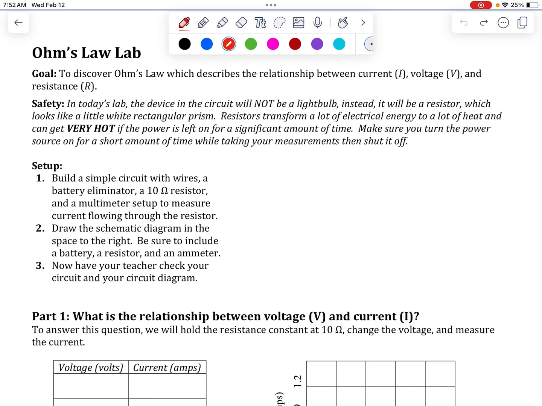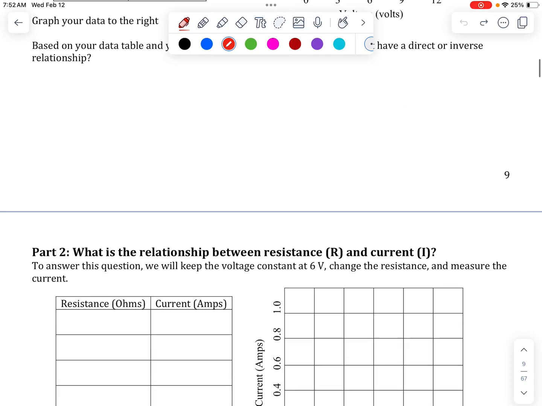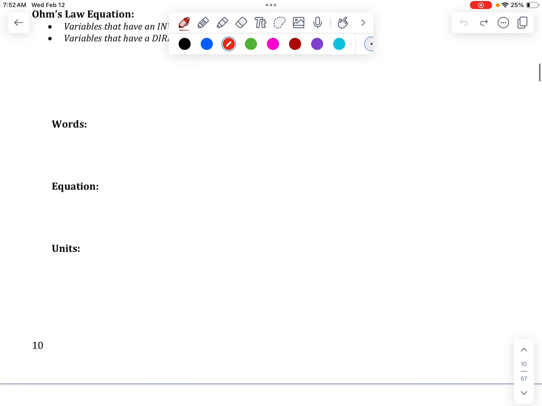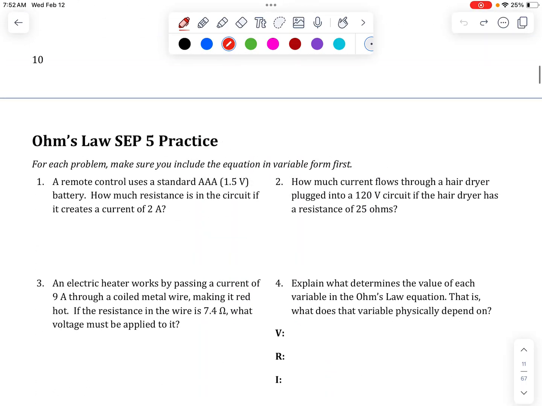I am going to record a quick little video for you guys, wrapping up the lab we did yesterday. And then I'm going to use it to introduce an equation, and then I'll do an example problem, and then I'm going to ask you to do the rest of the problems on the page. So we'll quickly wrap up pages 9 and 10 with the lab we did yesterday, and then I'll do problem 1 on page 11, and I'll ask you guys to do the rest